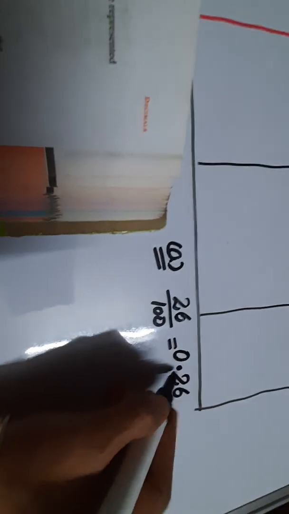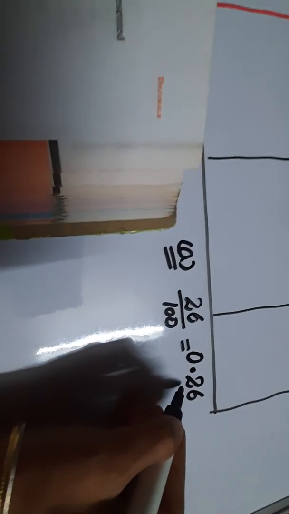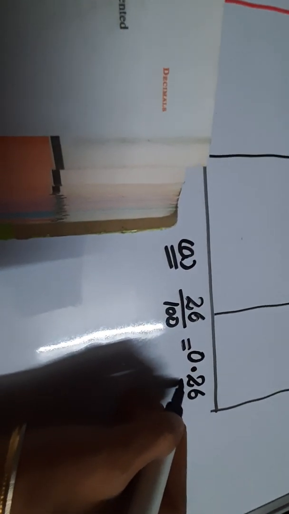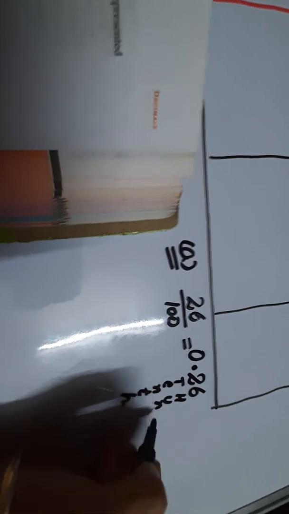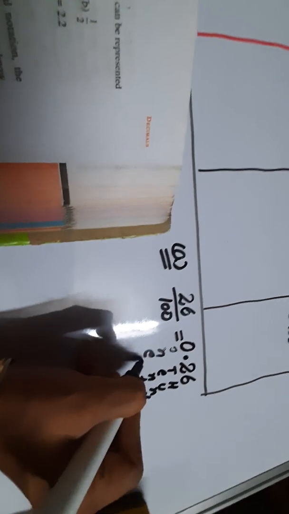Now because we have to fill this column also, tenths place, hundredths place. For that we know that the right hand side of the decimal is the tenths place, this is tenths, this is hundredths, and this is the decimal point, and on the left hand side of the decimal point is ones. So in this way you will get the values at different places.